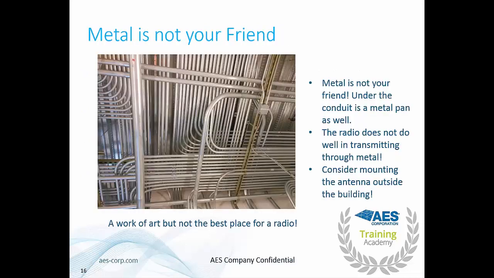A craftsman bent all the conduit for this room. If you do have to mount an AES subscriber in this room, you almost certainly are going to have to mount an antenna externally. Not only do you have all the conduit running all over the place, but there's the metal pan in between floors here. It's going to be very hard to get a radio signal out of this room. By all means, please try our Phantom antenna to see if it works, but if it doesn't, this is where you'll have to mount an antenna outdoors.